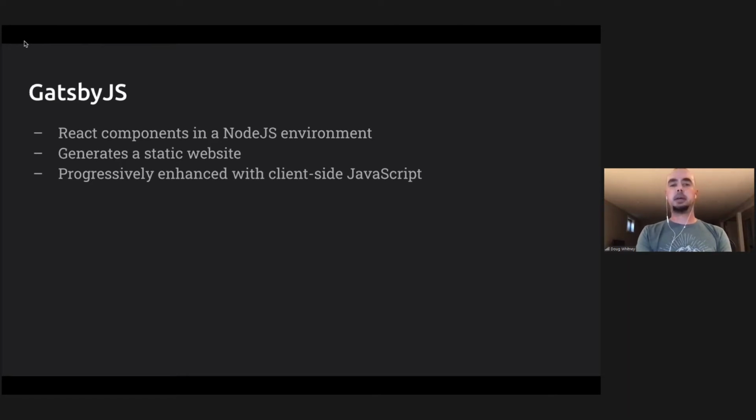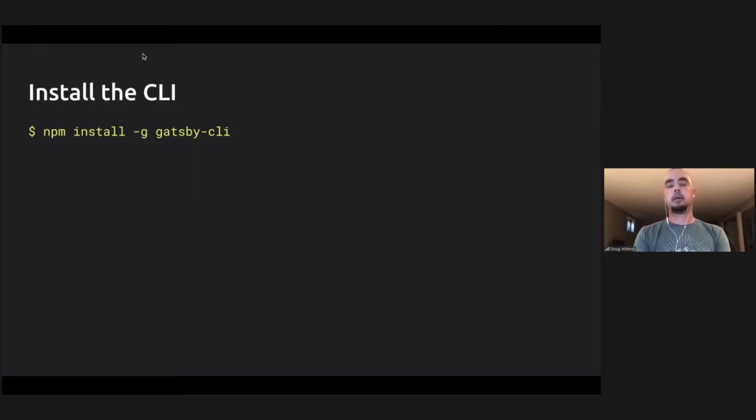And it outputs a static website, which is optimized for search engines, but when JavaScript is available, it acts as a progressive web app, doing things like preloading links that are likely to be visited next based on an algorithm that is, I think, somewhat unique to Gatsby. So the steps for getting started with a Gatsby website are pretty straightforward, and also I think one of the strong points of the framework is that it's very easy to